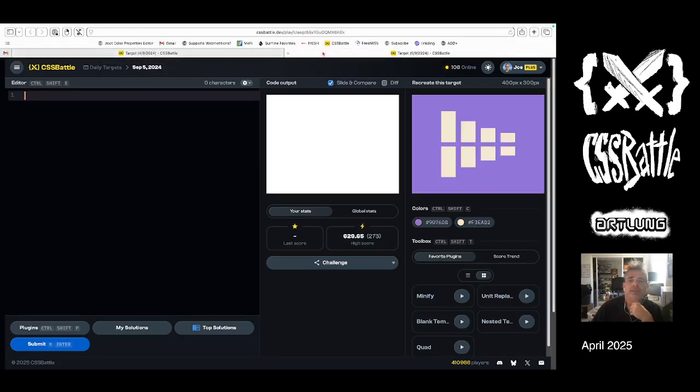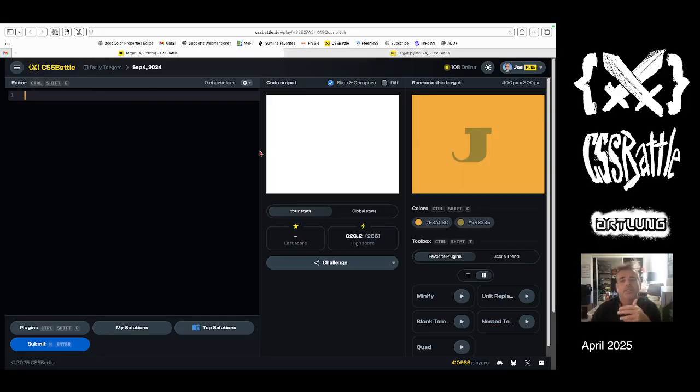This J and then this, I don't know what it is. It's a fun graphical shape. This guy is a J, that's the first letter of my name. I love a J. This one's got a top tail on it, or whatever the topper of that is called, and then some kind of interesting curves. Almost any of the shapes in CSS Battle could be done as individual backgrounds on a body, but